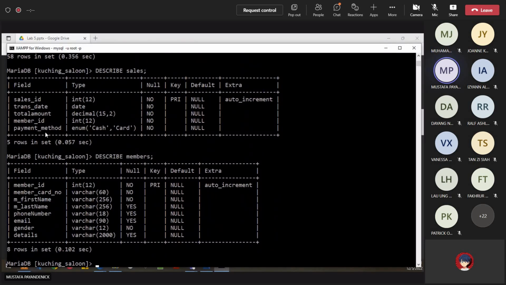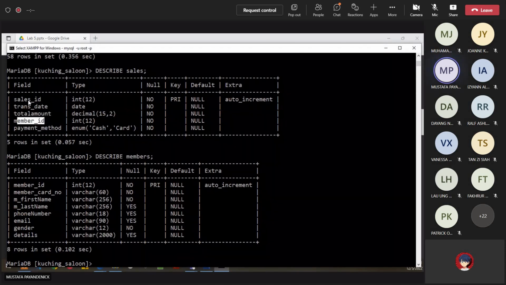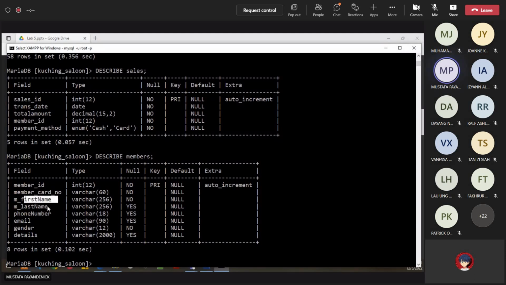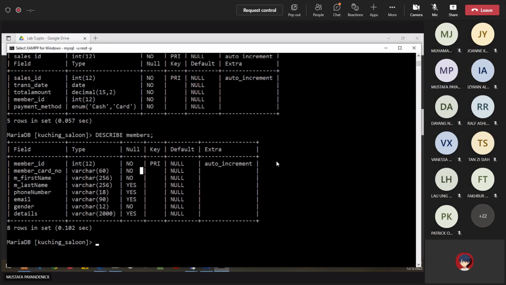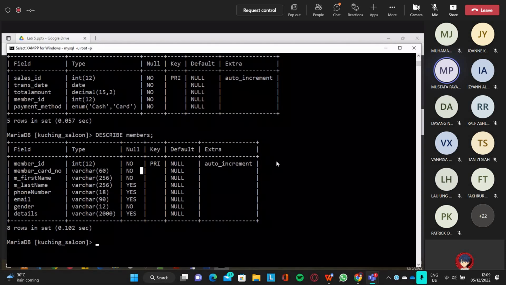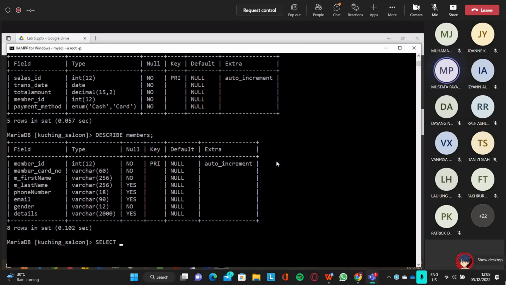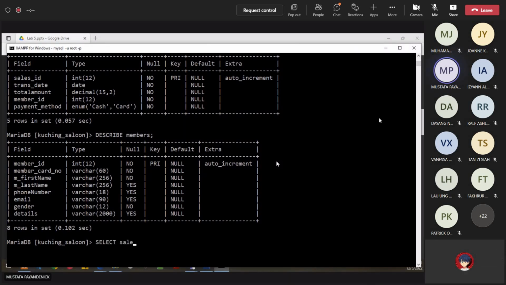What we want to do is take this data and this data from table sales, and first name and last name from table members. This is the first table, this is the second table. So we retrieve data from two tables, not one table. How to do that? We are going to use an inner join. Why do we want to use inner join? Because this is an intersection. Intersection is what is similar between these tables. So select, go for sales ID,